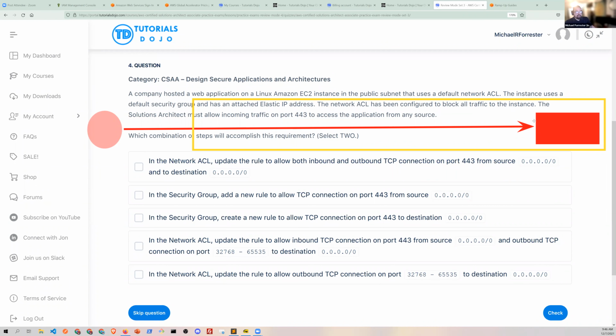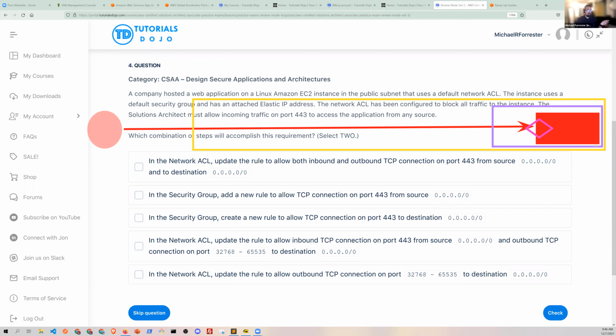So this is kind of interesting. They have an elastic IP attached to the system. And in addition, there's another little firewall here called a security group that's wrapped around the instance. By default, an access control list doesn't block any traffic, but the security group blocks all inbound traffic and allows outbound traffic.